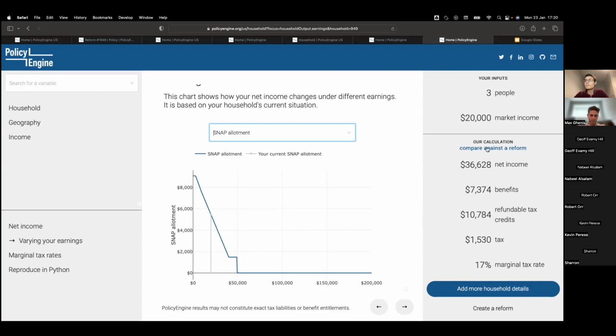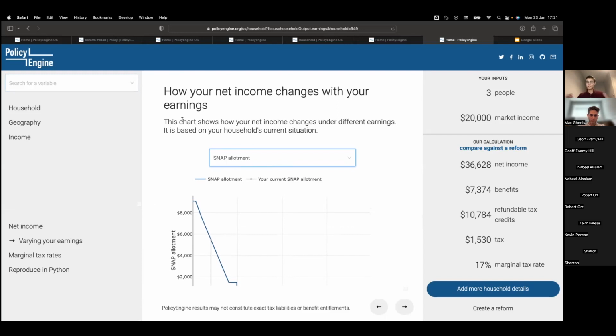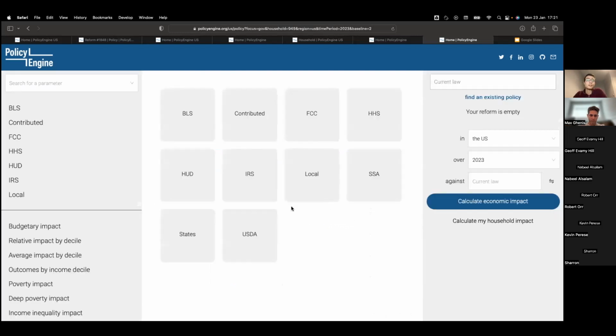So then I think probably the interesting thing to do is ask the question of, this is my household under the current situation, but what if I want to see what a reform would do? So that's where we can move on to the policy reform angle, which we might want to start with if we were just interested in policy reforms at the economy level. But here we've got the policy screen, which is the other half of this two parts. We've got households who are interested in household level things and policy reformers who are interested in economy level things.